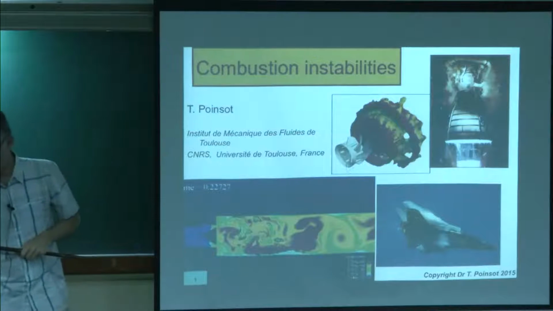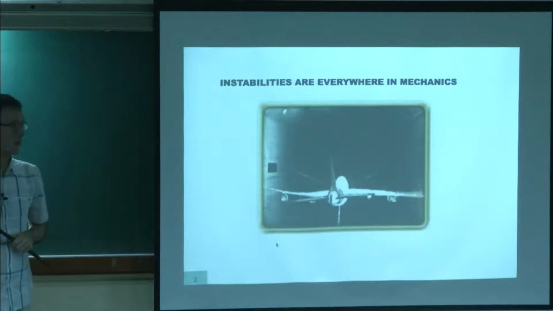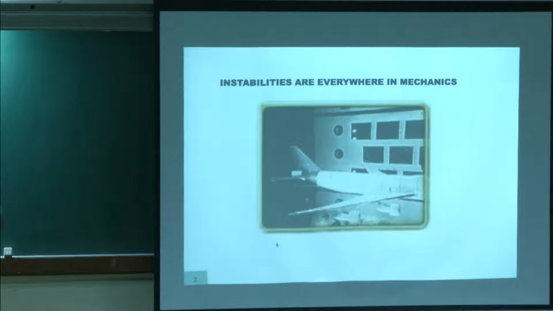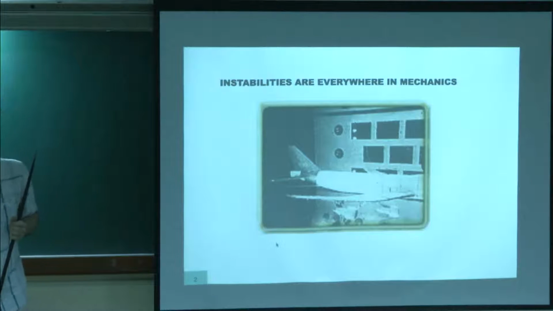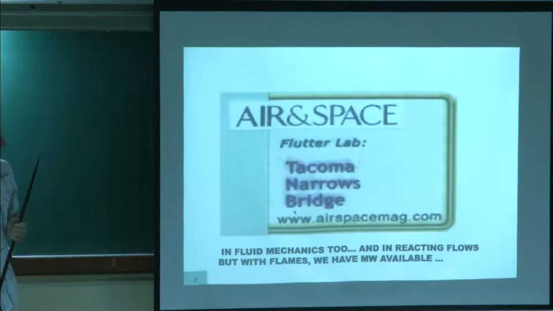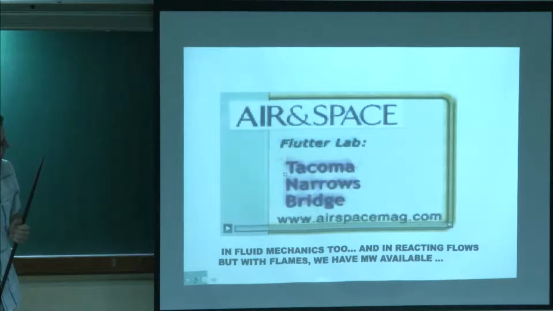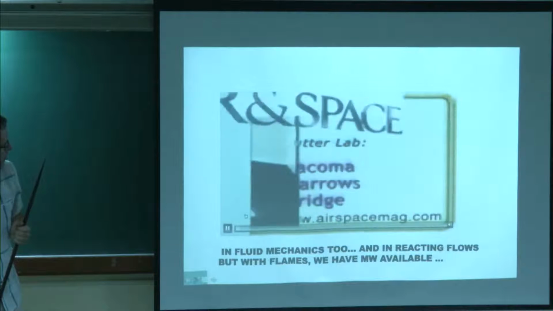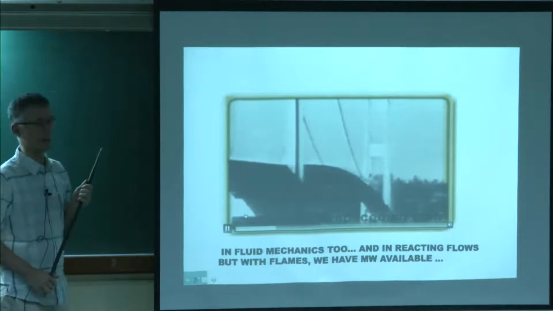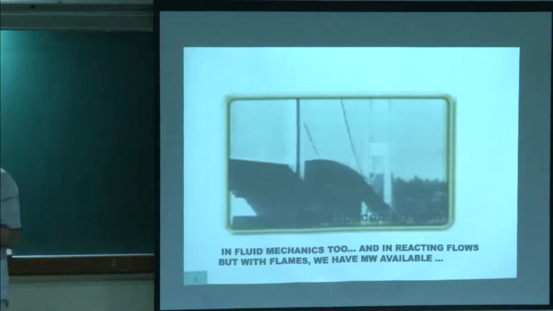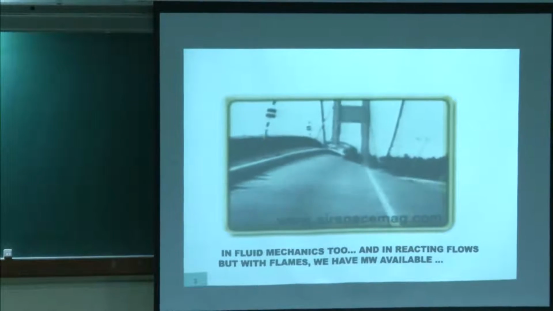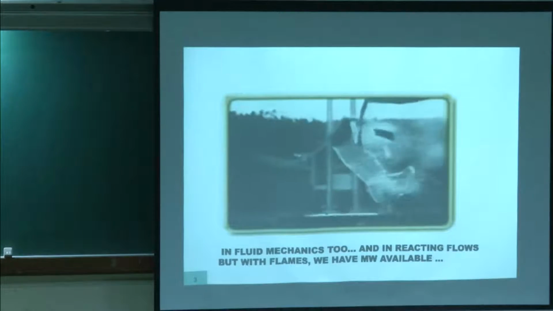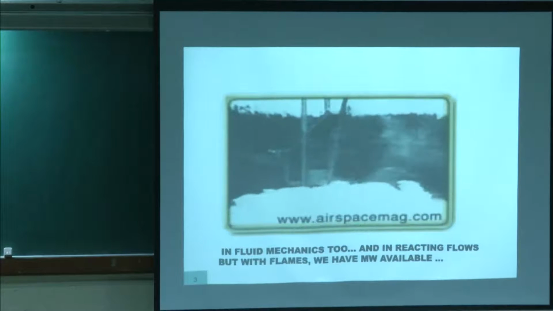In many cases, engineers design things which are more or less stable, like this one here. And in some cases, the consequences are not too bad. This is flutter on an airplane. But there are other cases which are not as good. Probably you've seen this one before. That's the Tacoma Bridge. And the Tacoma Bridge was also designed to be in equilibrium. But as you know, it was not a stable one. When there was wind, this thing was beyond stability. And when this happens, the consequences, of course, are bad.